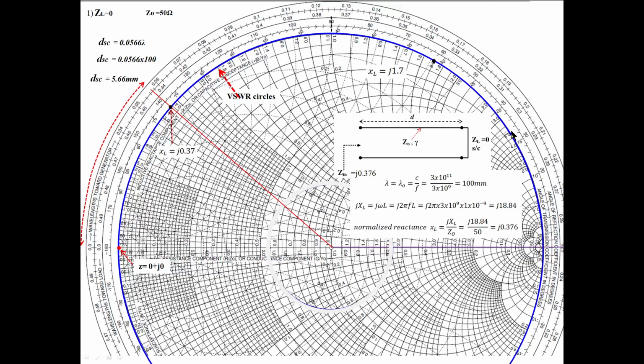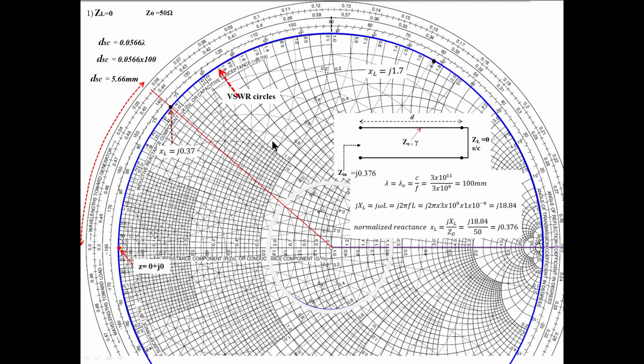So this is the short circuited stub, and how to implement an inductor and capacitor using short stubs. The only thing is you should find the normalized reactance. First you find the actual reactance, then you find the normalized reactance. To get that normalized reactance, what is the length of the line? Starting from our load point, move on the VSWR circle. This is the VSWR for the shorted load. Go on moving, and wherever our required reactance value comes, you stop and measure the distance from the load to that particular point, wherever it may be. It may be here, for example.